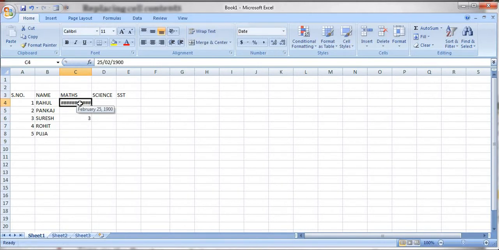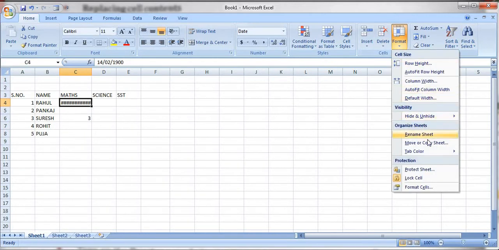It is not accepted because we have changed the format of this cell. Remember the date format, right? That's why it is not accepting. Here in the formula bar you can see the date mode is already active. So I am changing it from here, and here I am writing 45 marks. Again date, so I have to change it from here only.